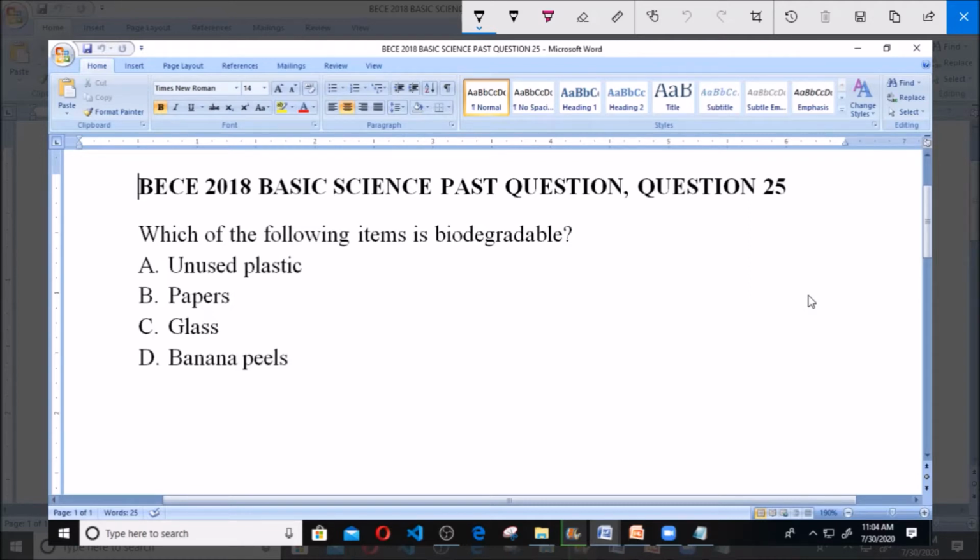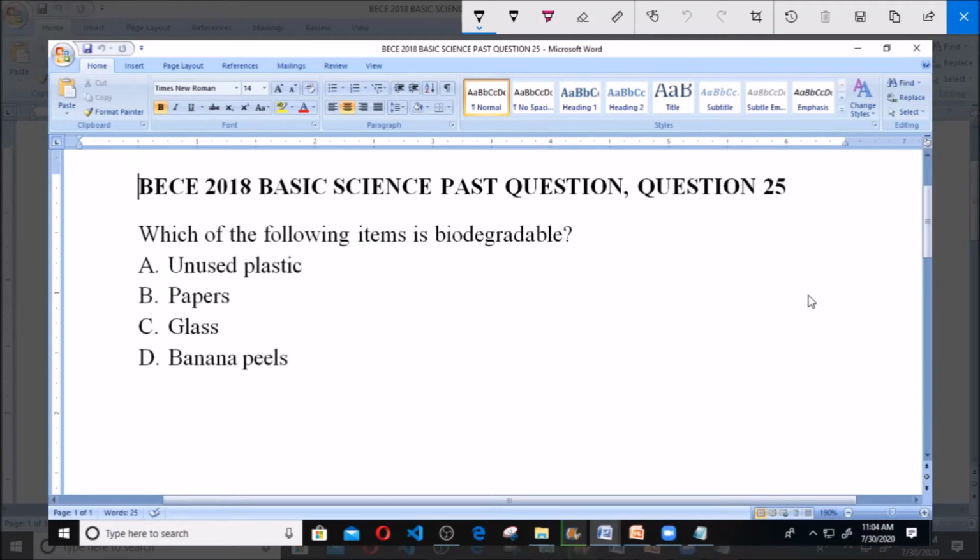BECE 2018 Basic Science Past Question, question 25. Which of the following items is biodegradable? A. Unused plastic, B. Papers, C. Glass, and D. Banana peels. So we are asked to find the item that is